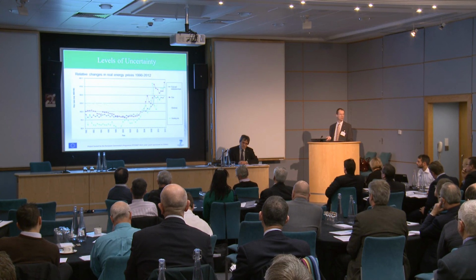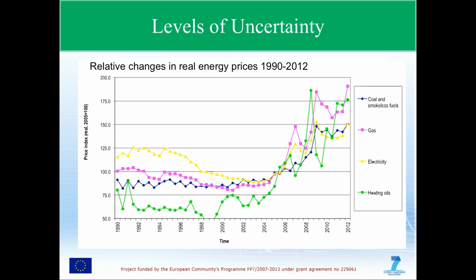I don't think anybody will be surprised to see that all sources of energy have got more expensive. And this is after inflation has been stripped out of the numbers. So this is real cost. For example, look at the pink line. Gas is now almost twice as expensive in real terms as it was in 2005. But you go back 10 years before that, and actually it was pretty much the same. It dipped in the middle and came back up, but essentially it didn't move very much.